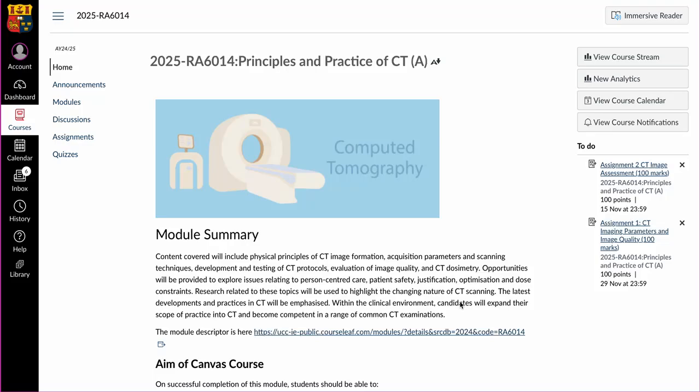Hello, my name's Andrew England and I'm the Programme Director for the PG Cert, PG Diploma and Masters in Medical Imaging and Radiation Sciences. And I want to talk to you about your role as a student on the CT pathway. For the first semester, from September up to the Christmas break, you're going to study two modules. One is an anatomy and physiology module, and the other is the principles and